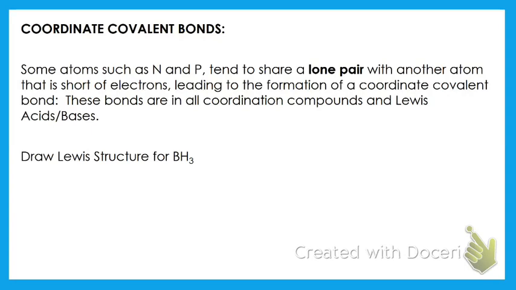So some atoms, such as nitrogen and phosphorus, tend to share a lone pair, because they had those lone pairs on their structures, with another atom that is short of electrons. And this leads to something that we call a coordinate covalent bond. It's very common in Lewis acids and bases, which are the ones that are exchanging electron pairs, not protons. And so we're going to draw the structure for BH3, which is very simple, because it is 3 bonds,